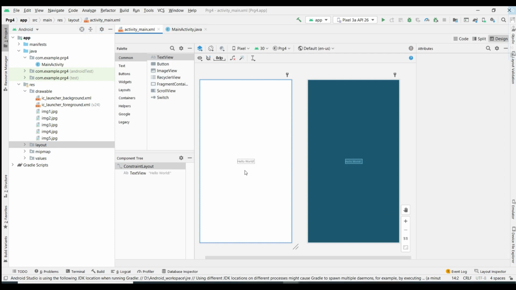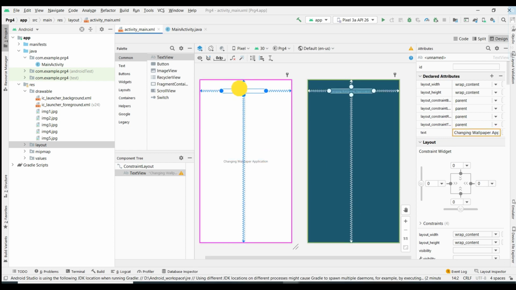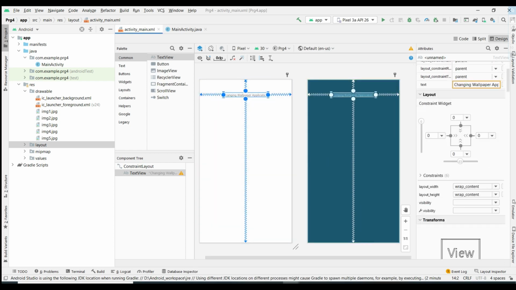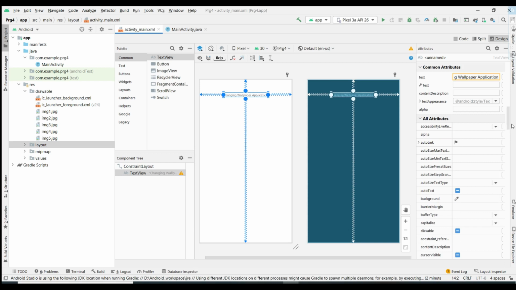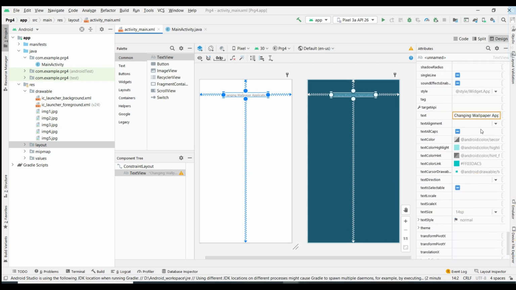Now come to the design part. Here we already have a Hello World text view displayed. So change the text only for this. Since it is a changing wallpaper application, I am just going to change it to changing wallpaper application, since it is just a text. That is going to be displayed here. I'm just going to drag and drop it somewhere, and if you want to make more design changes, you can go to the text, scroll down in the attributes section.